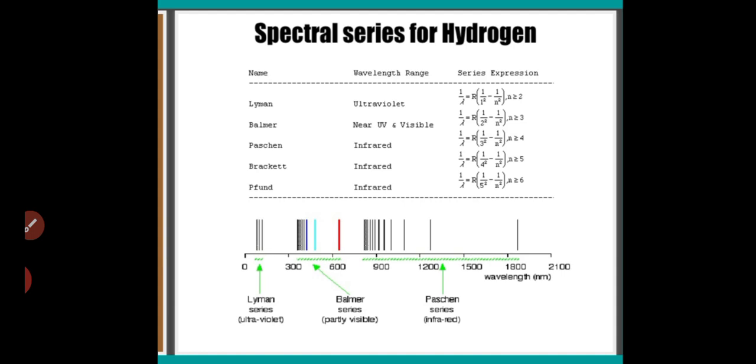Similarly, the Balmer series is observed in the visible region. Here n1 is equal to 2 and n2 is equal to 3, 4 and so on. Similarly, we have the Paschen, Brackett and Pfund series. They are observed in the infrared region. You have the n1 and n2 values in the slide. Go through the slide, you will get the idea how we can determine the wavelength ranges for the different spectral series for hydrogen. So this is what we studied in my last class.